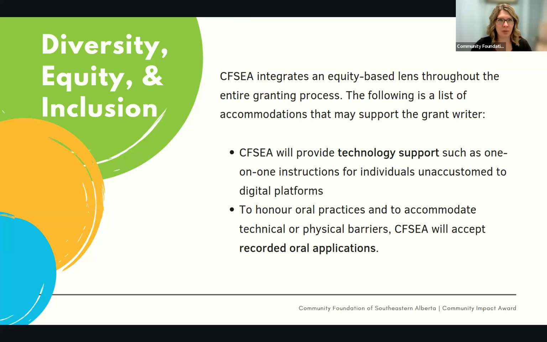At CFSEA, we really want to promote equity and inclusion, and all of our grants also want to support that. So if you are someone who is not super tech savvy and needs some support, our grant application is through an online platform. If you're needing some support with that, we are more than happy to help you through that digital platform.